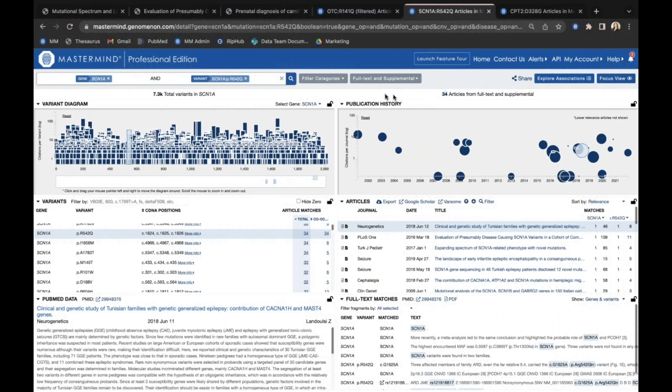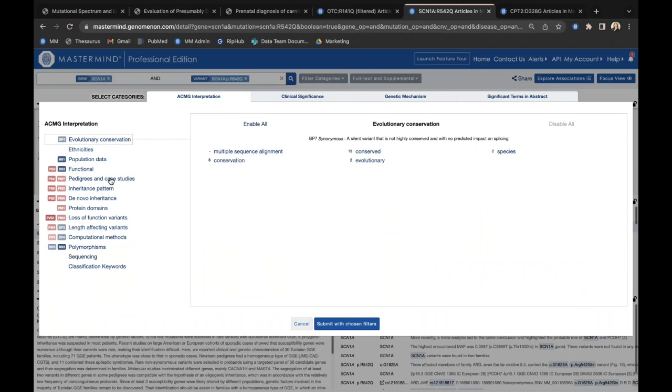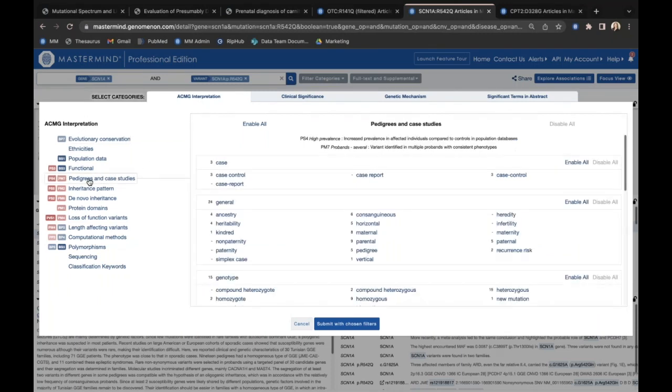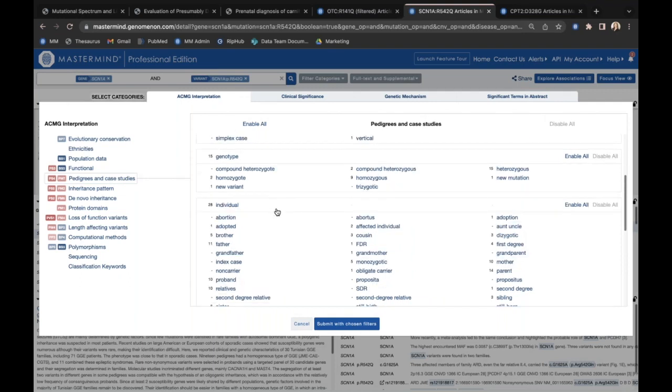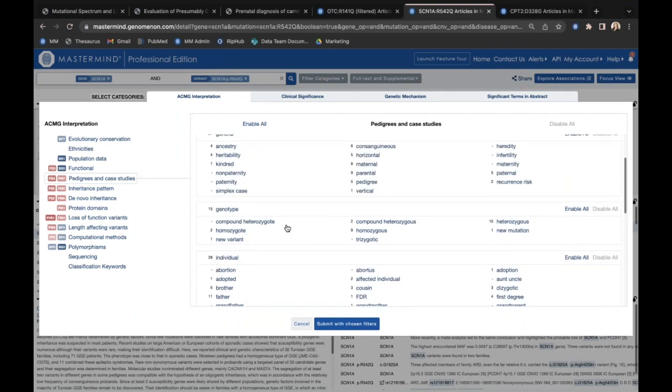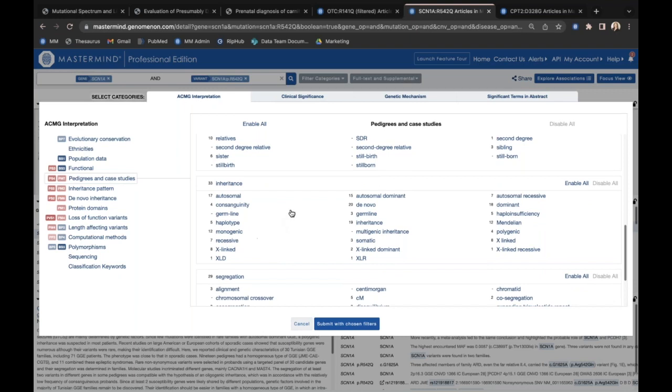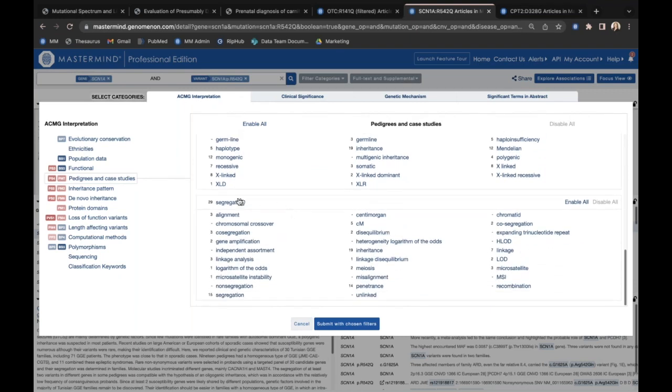And so I'm going to try to reduce that article list using filters again, but in this case, I'll select pedigrees and case studies. There are a number of ways that you can filter clinical studies within here. If you're looking for case control reports, for example, to apply PS4, you may select those specific keywords. If you're looking for individual case studies, you may try these individual keywords here for specific cases. You can also filter by genotype as well as inheritance pattern, but we're looking for segregation evidence,